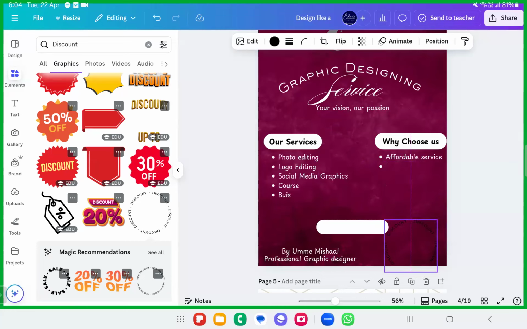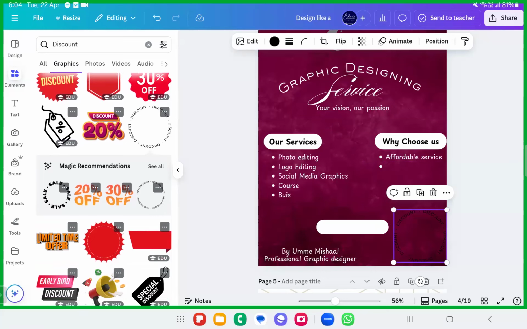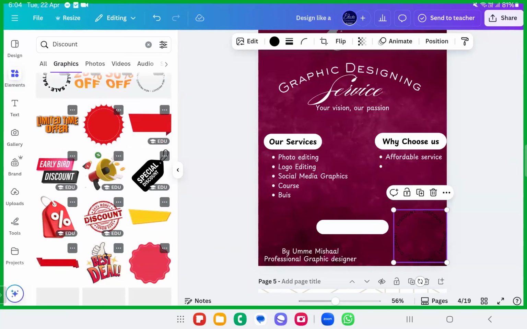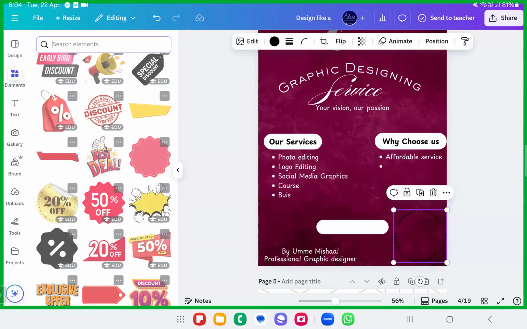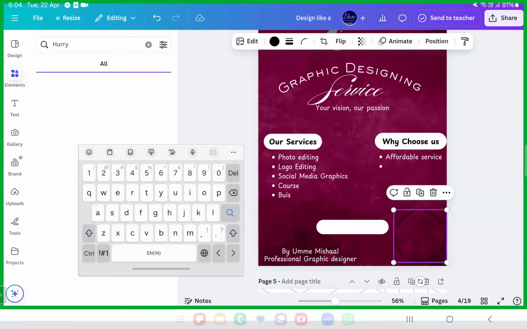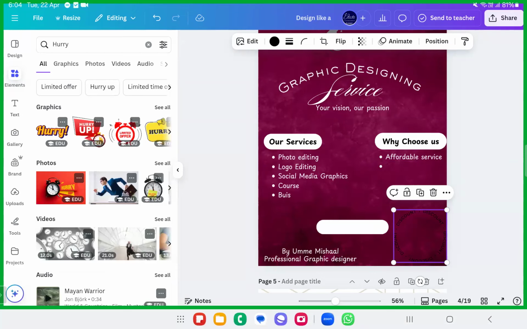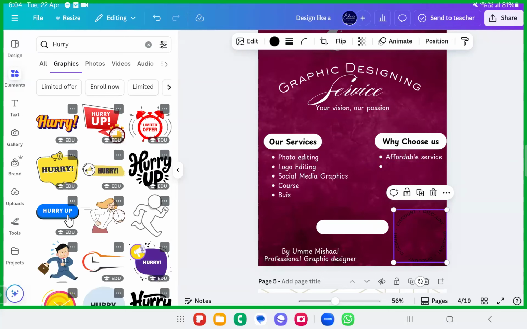Okay, you can write this. You can write early bird discount if you have something like that. Okay, let me see if it's there. If you want something like hurry up, you will get the discounts: for just rupees 50, you will get 5 flyers.